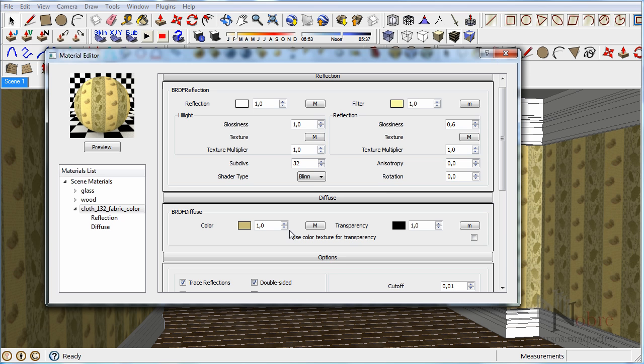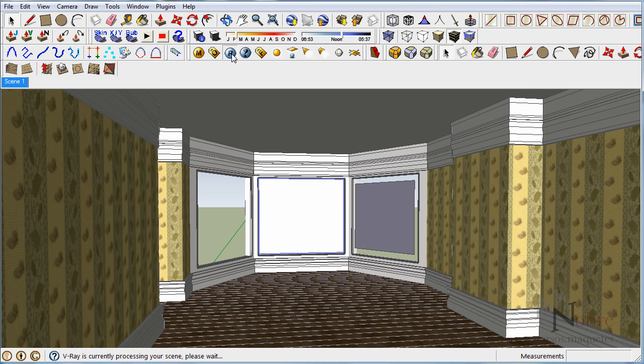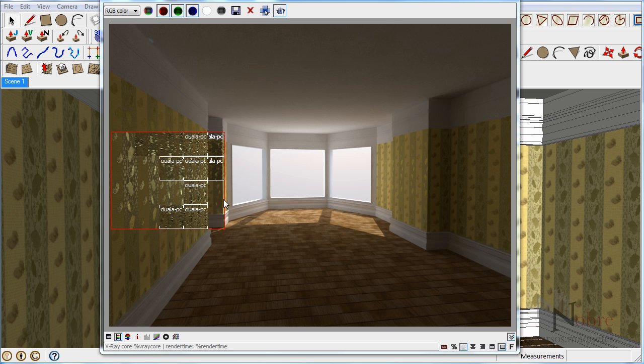I think it will be very, very shiny now, so I will render it, and now we are talking. Now I feel that this is just like golden wallpaper. Okay,